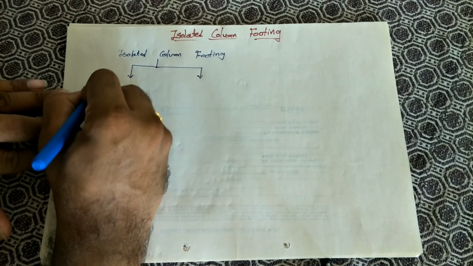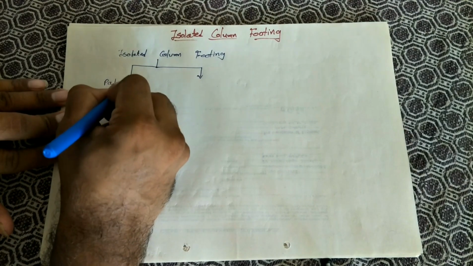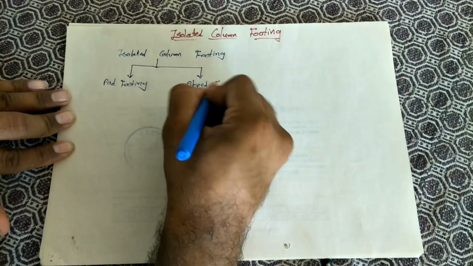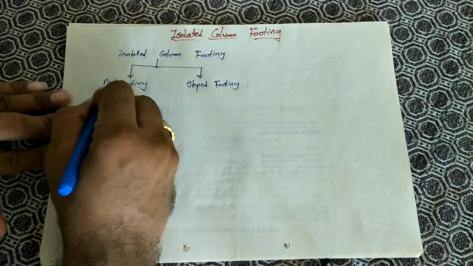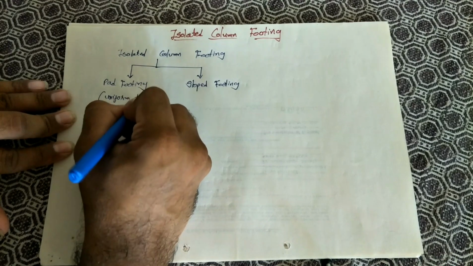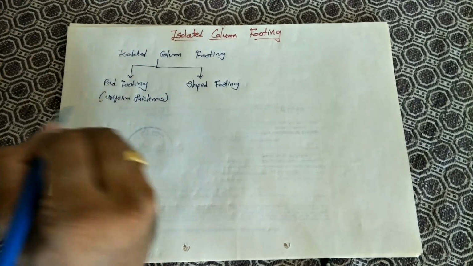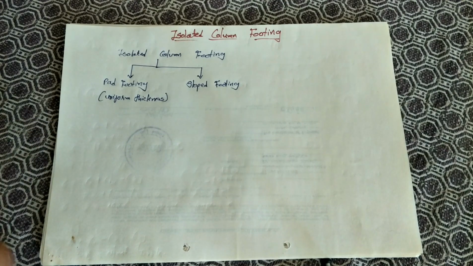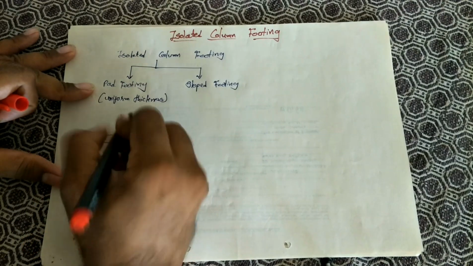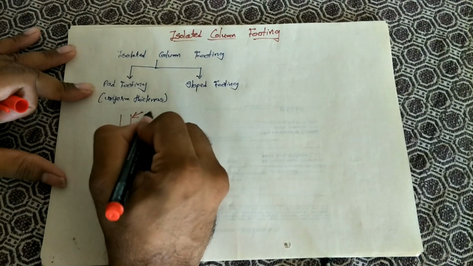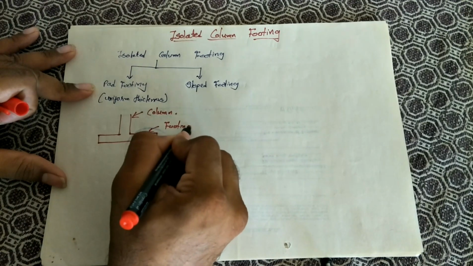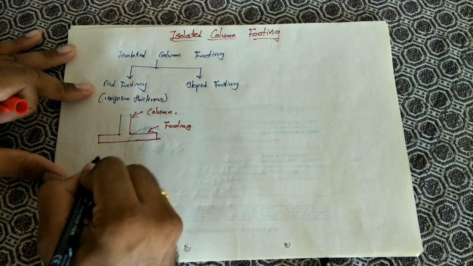One is pad footing and the other is sloped footing. A pad footing has a uniform thickness. I will explain with the figure. So a pad footing is like this, where this is a column and this is your footing. If I draw a plan,